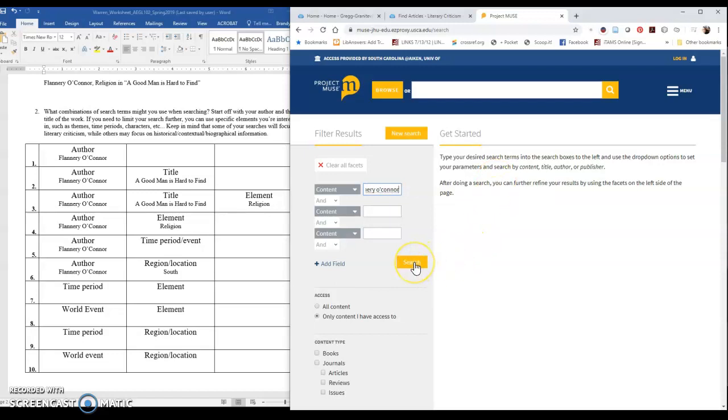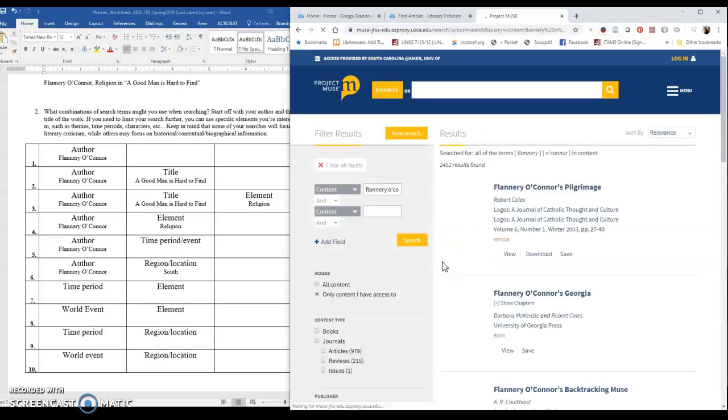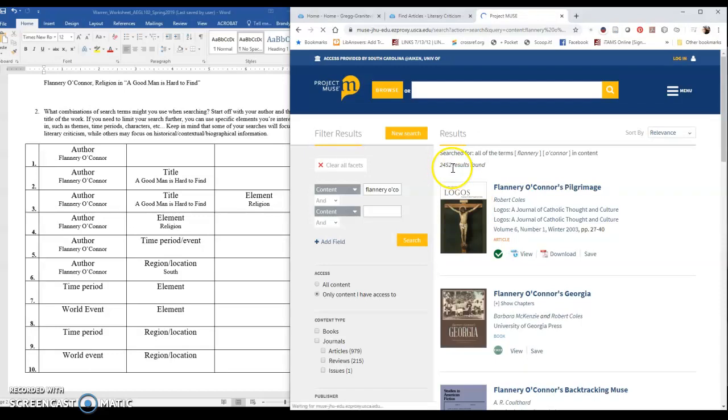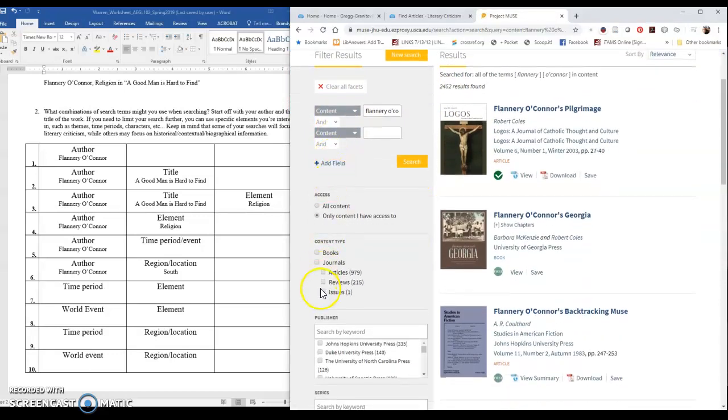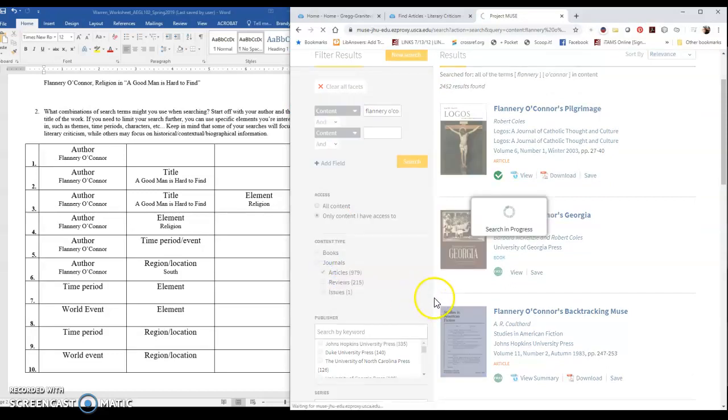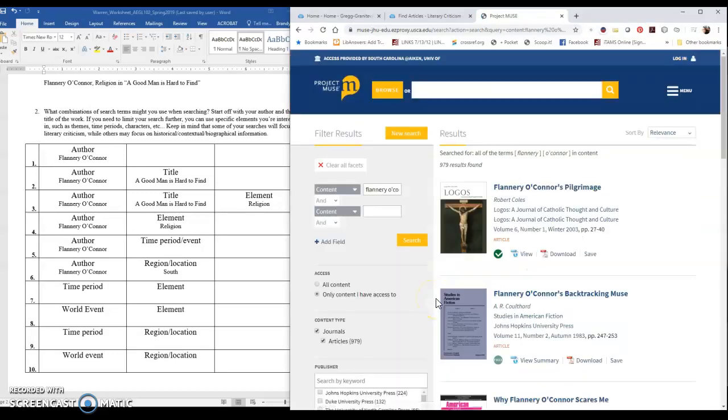Flannery O'Connor, maybe we just do her by herself. We have almost 2,500 results, but if we scroll down, we can limit to articles, right? So we'll limit it to articles, and then